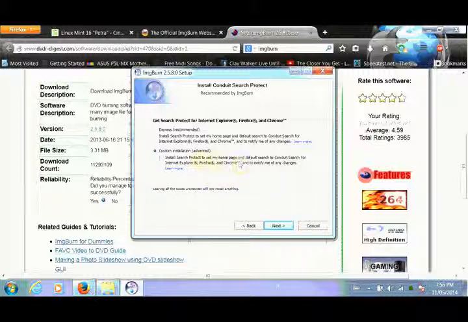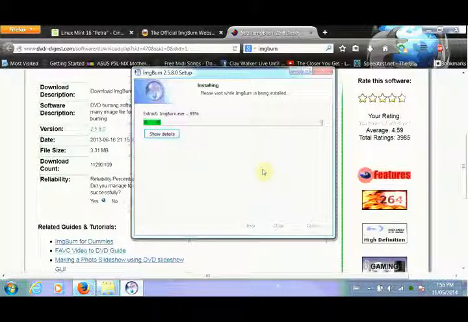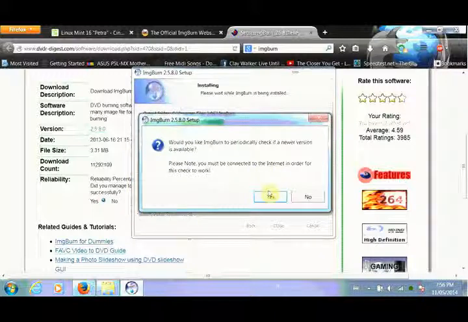This installer is pretty upfront about it. Just go to custom and then uncheck the install offer they're offering at the time. And then here's another offer: get your PC running at peak performance. Yeah, this doesn't actually work, so you can uncheck this too. And then it should install without installing any